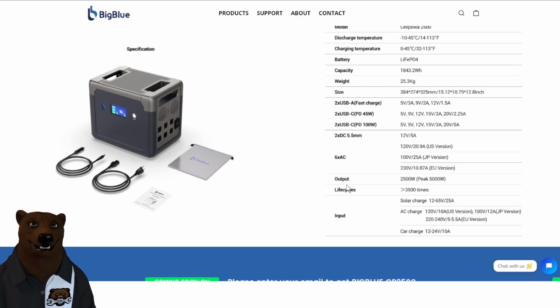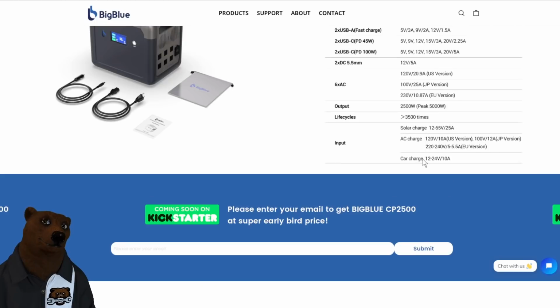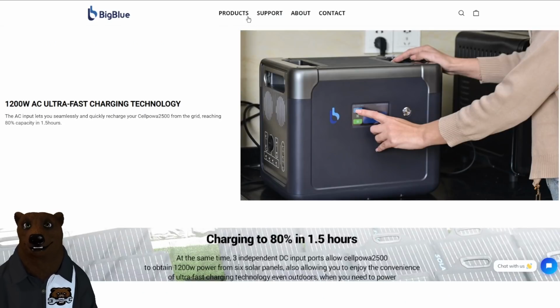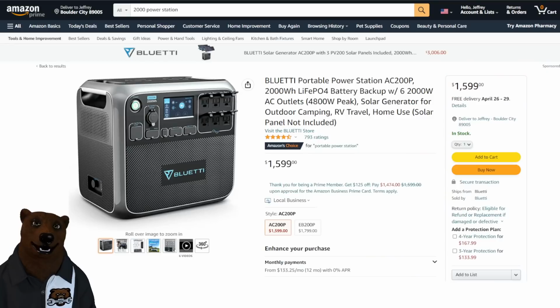The 6 AC ports. The output is 2,500 watts. Peak is 5,000 watts. 3,500 recharge cycle time. And for input, you've got solar, AC, and a car charger, and it can take input from all of those. Comes with most accessories that you're going to need. Anyway, as I said, this thing is pretty amazing, and just to compare it to what else is out there,